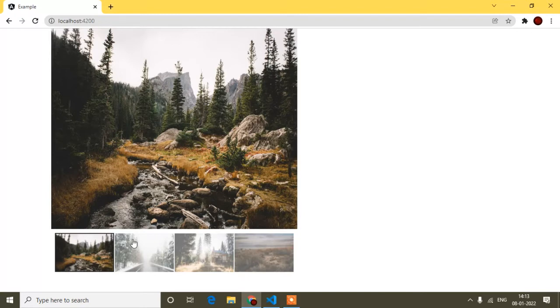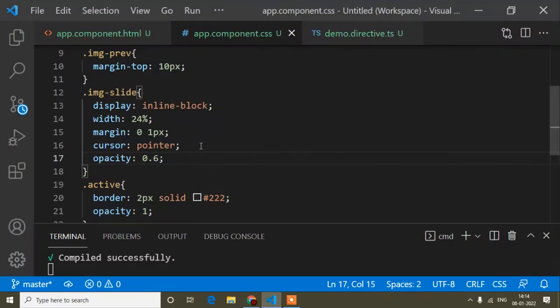Okay, so now guys, I will move to the functionality part, because the design part is almost done, and I'm not focusing on the design part mainly, because my main motive is to show how the functionality works. Now in whichever image I click, that image should be displayed here. It's not working yet, you can see, because I haven't added the functionality. So now I will move to the functionality.